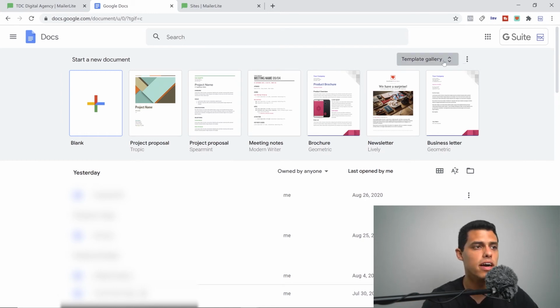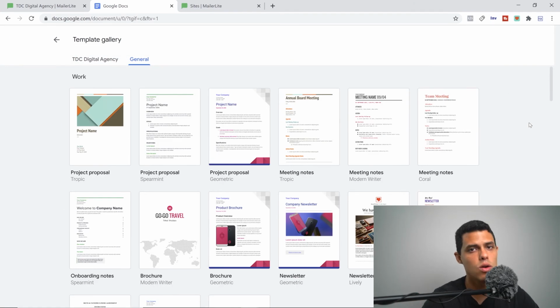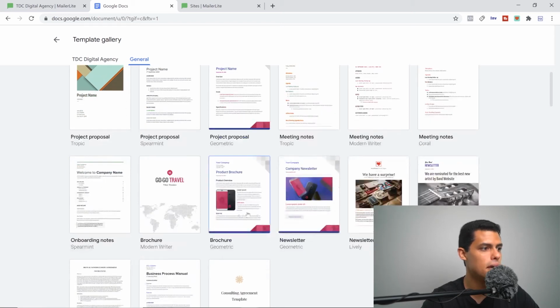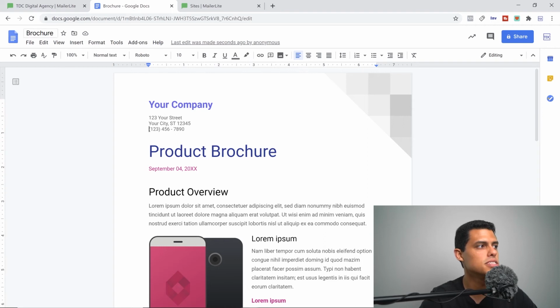So we're going to select template gallery, and then we're going to pick one. Remember, this is only an example, so you can do this manually. You can use Canva or anything you want to create your freebie, okay? So for my case, I will select maybe this one right here. So let's imagine that this is my checklist. So what I will do is put here Facebook ads checklist, and then I'll create a specific link to this